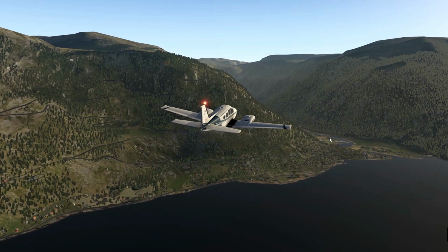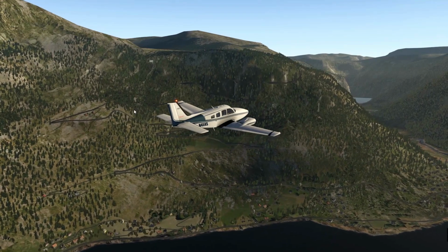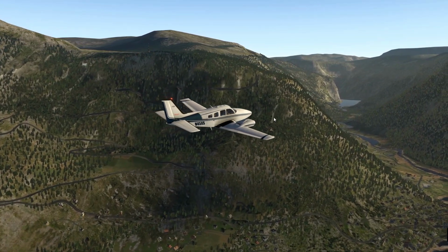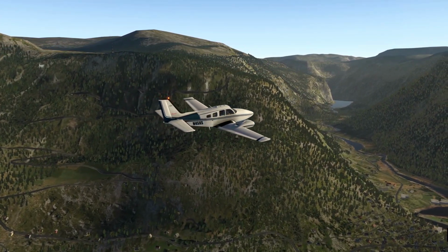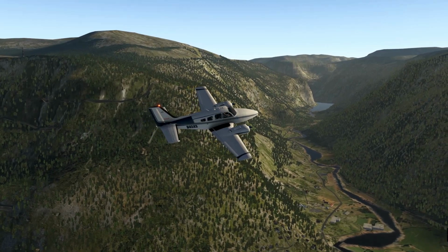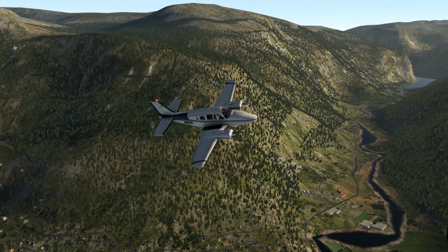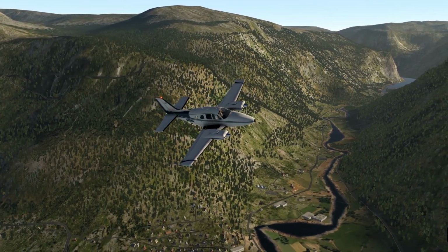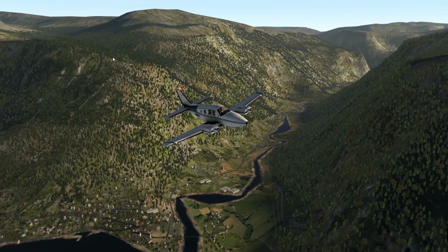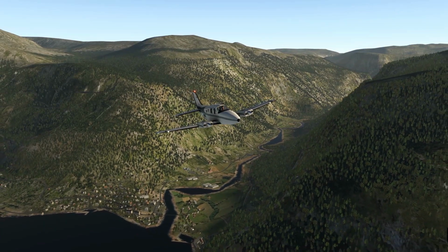Over here you have another town called Aurlandsvangen, and they have this crazy road going in a zigzag pattern up on top of the mountain and then over the mountain. And right here is a place called Stegastein Gangbro, which is part of what we call the national tourist routes in Norway. And it's basically roads with spectacular scenery, where young, untested architects are allowed to design these crazy road stops for tourists. And this is one of the more spectacular ones, although there are hundreds of these really cool stops along tourist